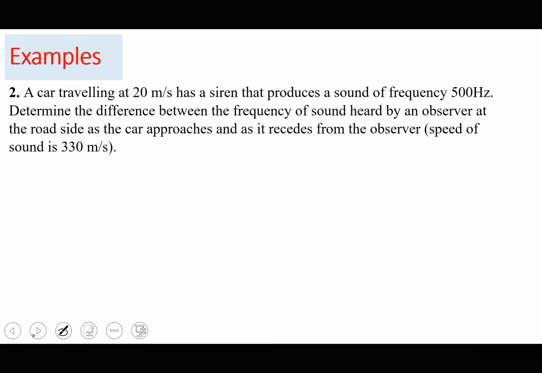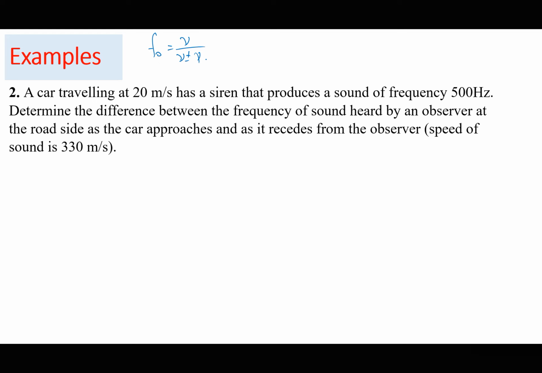So these are two things to consider in the same question: as it approaches and as it recedes. Remember the general Doppler effect equation. And by the way, this equation is always given in the list of formulas. f0 equals v divided by v plus or minus